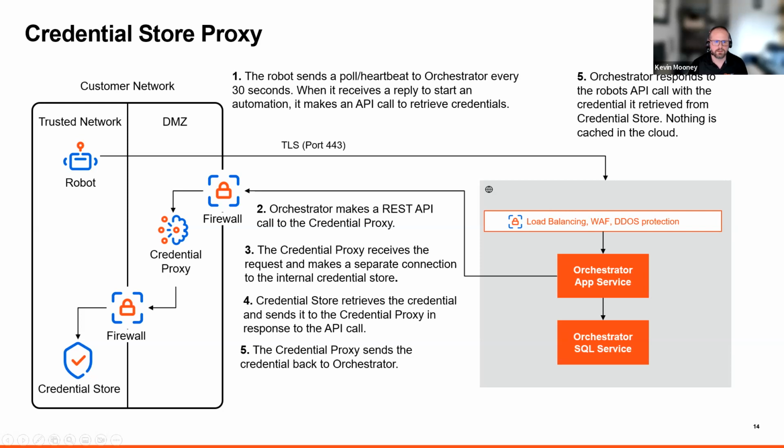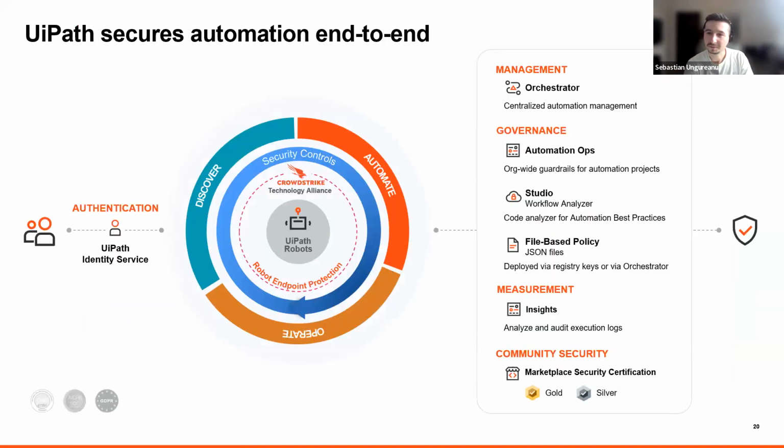Yeah. Okay. And we got another question. Is there a plan to increase the integration of Studio with AZDO? Is that Azure DevOps? Yeah, I believe that's Azure DevOps. Yes and no. So one of the things we have started to do is we have an initial integration with Automation Ops into CI/CD tools, including Azure DevOps. So we've increased the integration for enabling governance and flow in terms of defining policy to include the CI/CD pipeline level. In terms of actually integrating Studio with Azure DevOps,